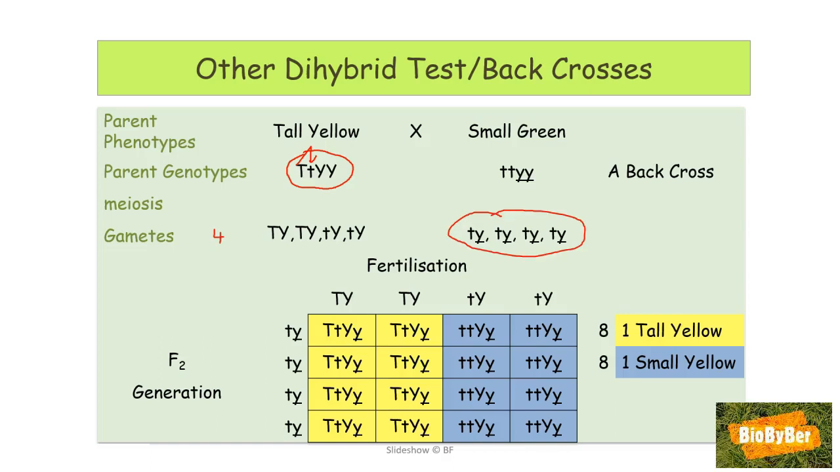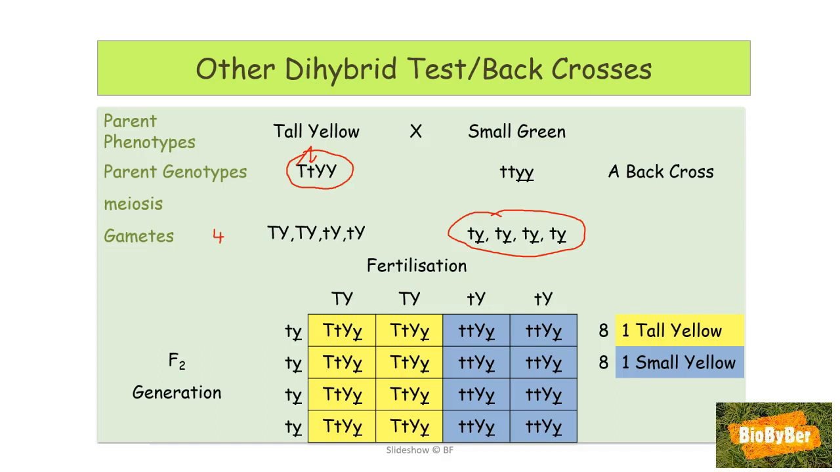We can see that in the Punnett square, 8 offspring will be tall and yellow, 8 offspring will be small and yellow. Or from a mathematical point of view, the ratio would be 1:1. We should have anticipated that anyway using our little trick that we tucked in the back of our head earlier on,